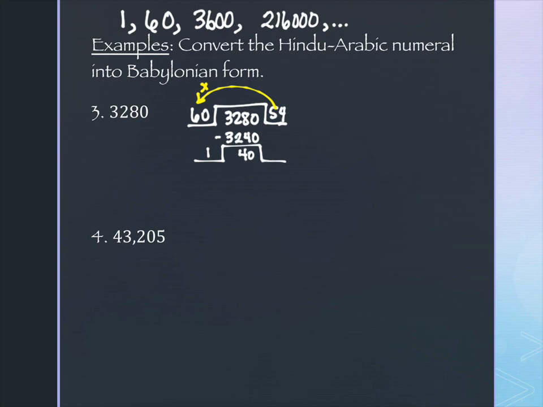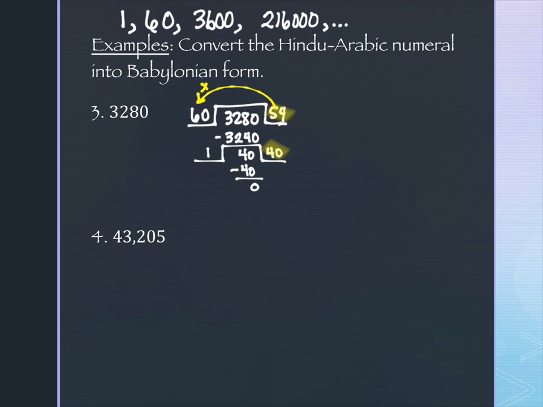We always end with dividing by 1. That will always be our last step. How many times will 1 go into 40? 40 times. 40 times 1 is 40. And the very end will actually give you a 0. It'll always 0 out at the end. Okay, so the answer is over here, but it's not written right yet